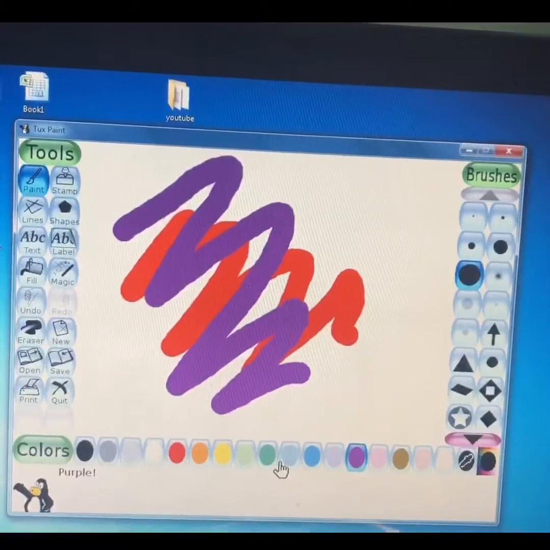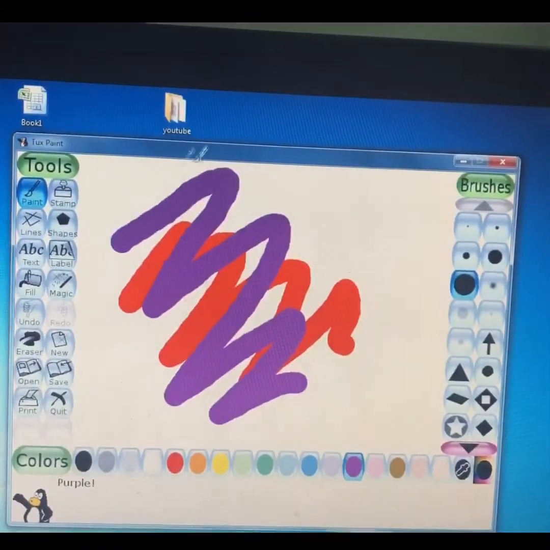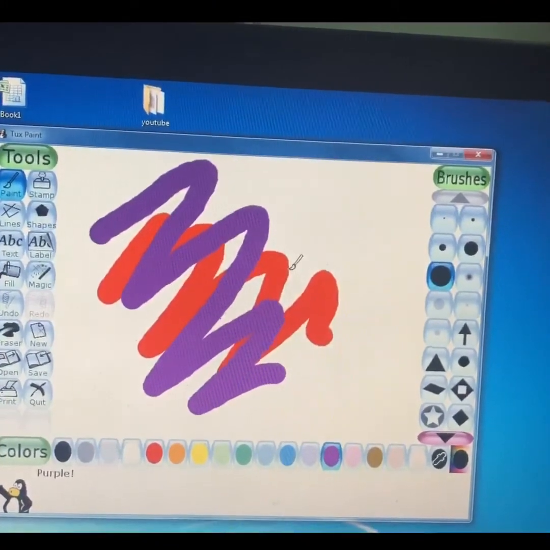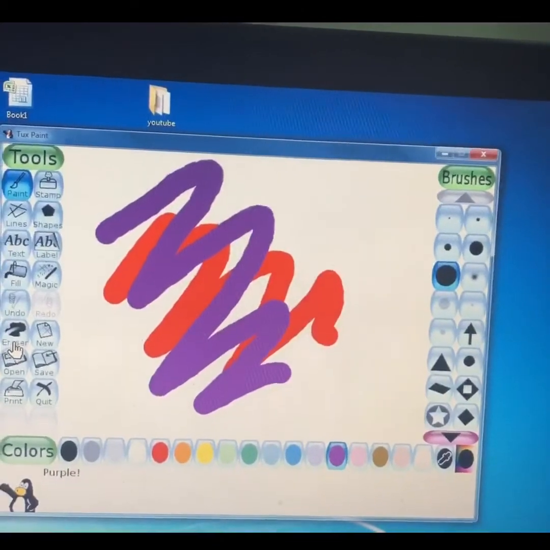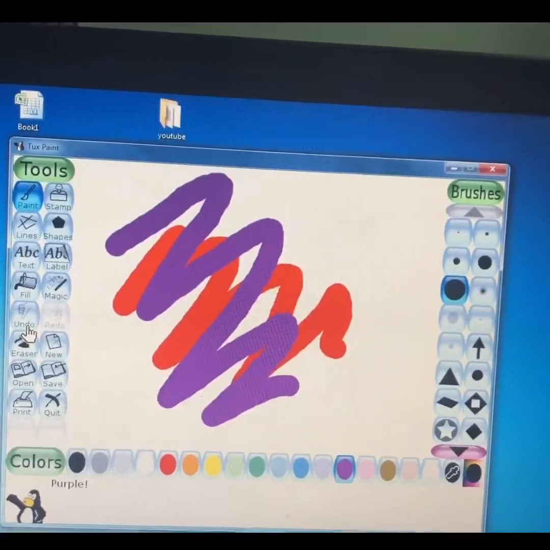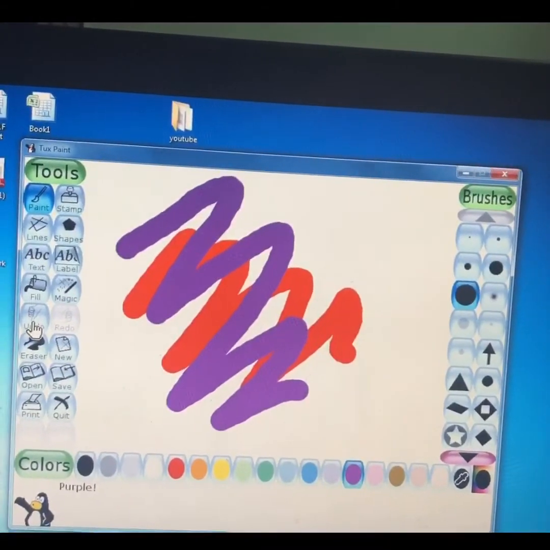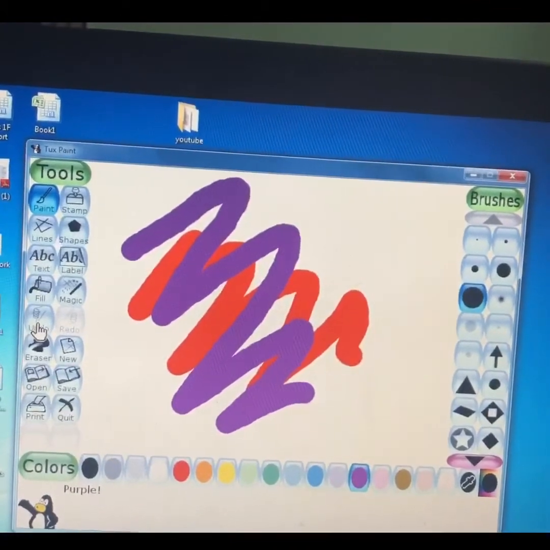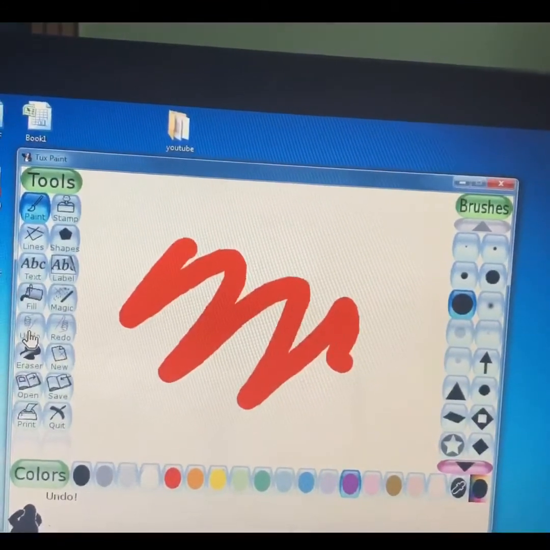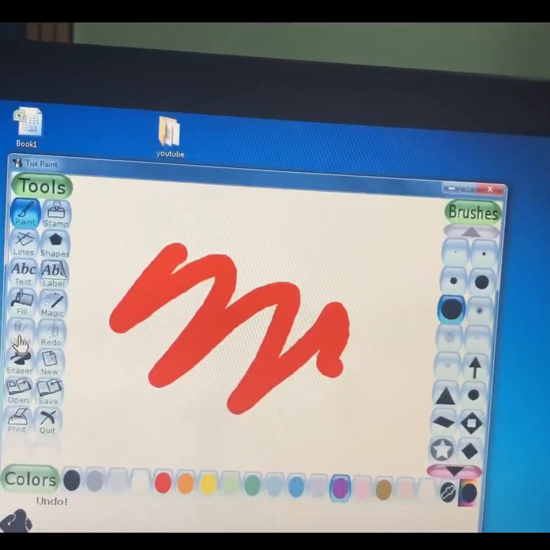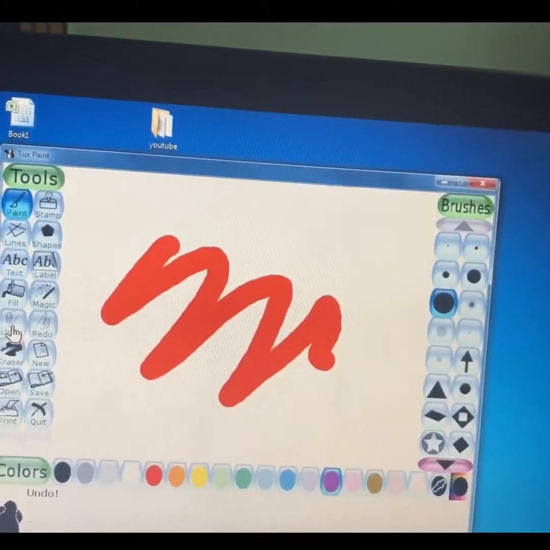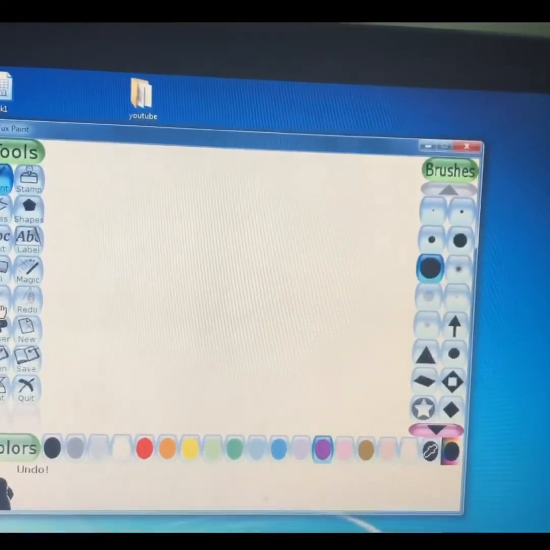Alright, now if you want to remove this, if you want to erase all this, either use the eraser button. Here is the eraser button. Otherwise you can also do undo. Undo option is also there. Undo is for whatever you have done, it will be undone. I'll click on this. See, first the purple colored brush mark has gone. Now if I press undo again, that red color has also gone.